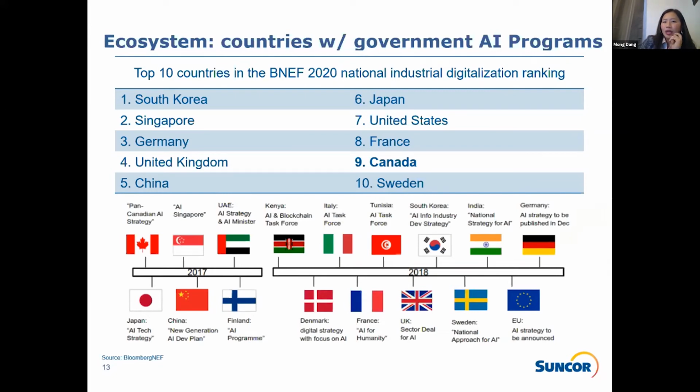In Canada, our government appointed CIFAR in 2017, as you can see in this graph, to lead a 125 million pan-Canadian artificial intelligence strategy, the world's first national AI strategy. CIFAR works in close collaboration with Canada's 3 national AI institutes, Amii in Alberta, Mila in Montreal, and Vector Institute in Toronto, as well as universities, hospitals, and organizations in the country. Now, why is that relevant? We, Suncor, collaborate with Amii as part of our city's economic development initiatives.